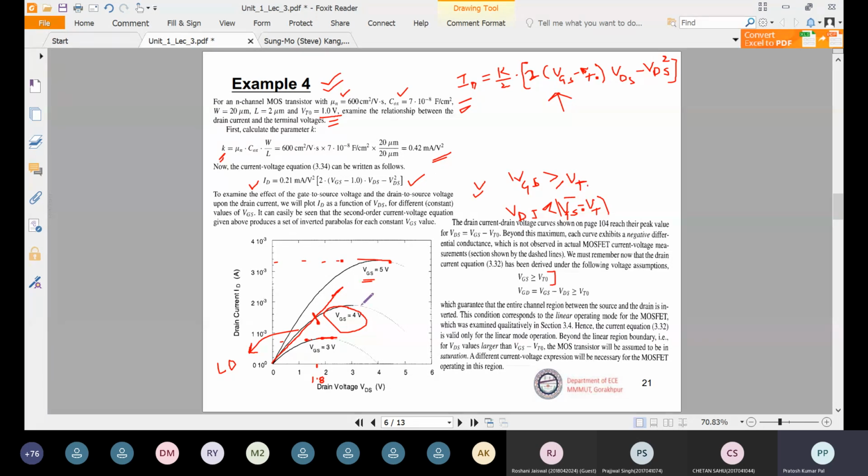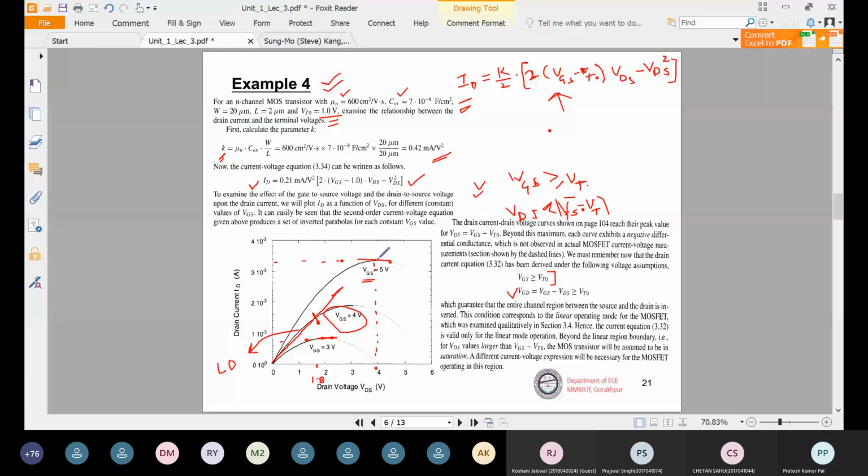And there is a condition we have to check for the drain to source voltage, how it is varying and how it is affecting the drain current. This defines the region, whether it is working in linear or saturation. So we know the point when it should be working in saturation. Suppose at this point the maximum current was for 4 volt of VDS. This is the maximum current. After that it starts decreasing, so this is the decrease of the current.